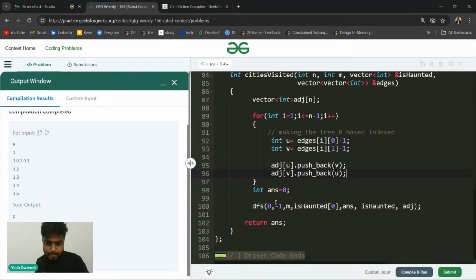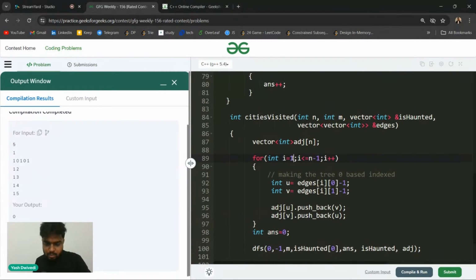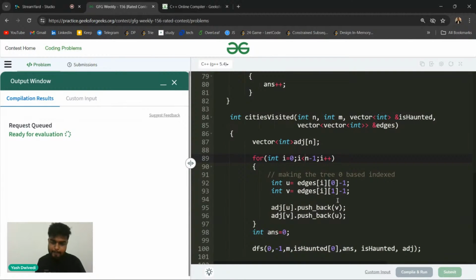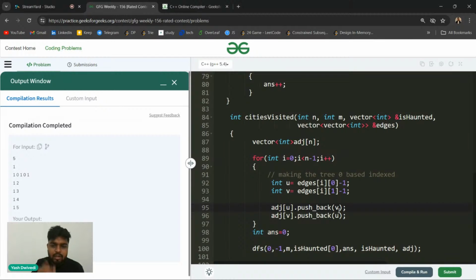Let's say I'll start this from zero and less than this. Let's see what happens. Yeah, now it works fine.